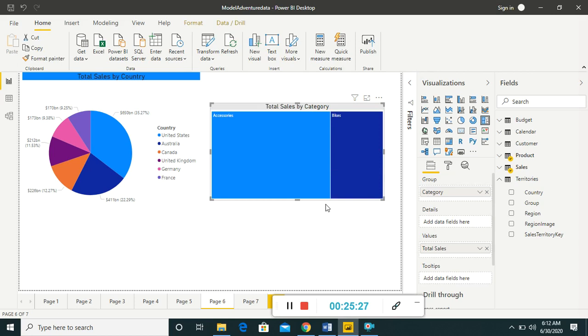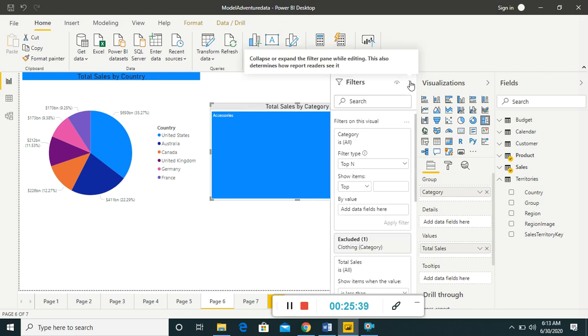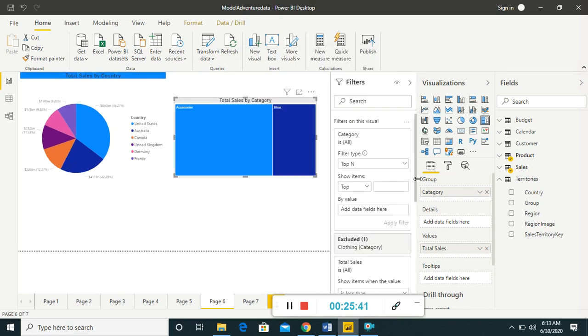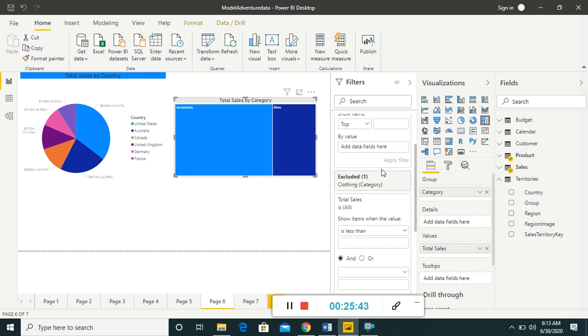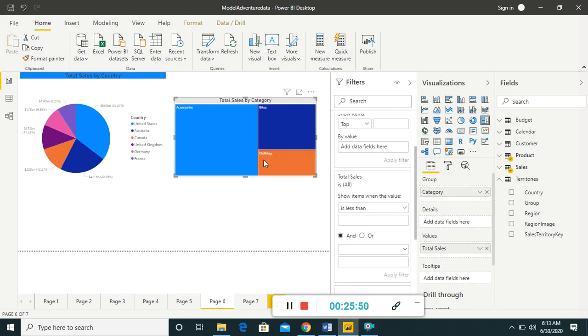Now this option is removed from the tree map. And if I want to include the option which I excluded previously, I go to filters, and here it shows that I have excluded clothing. I can cross it to include it again in my tree map or my projection.